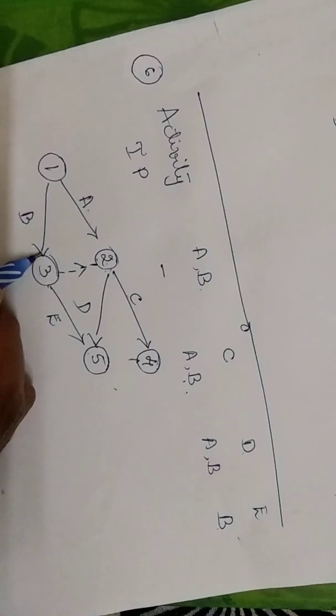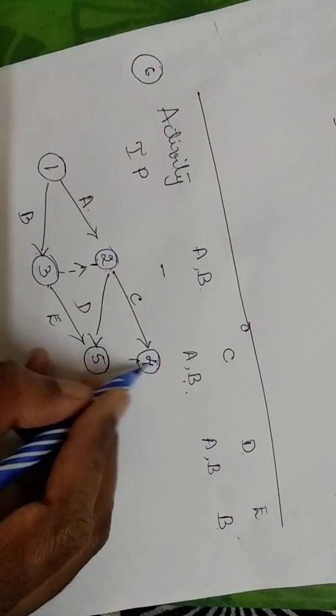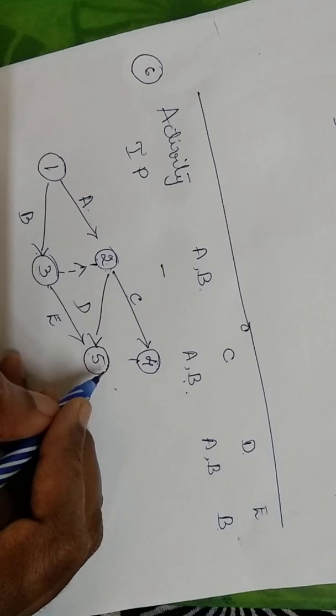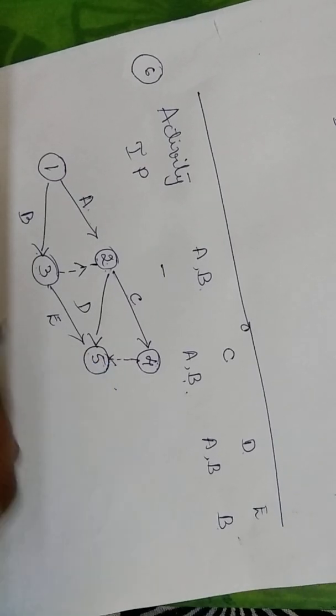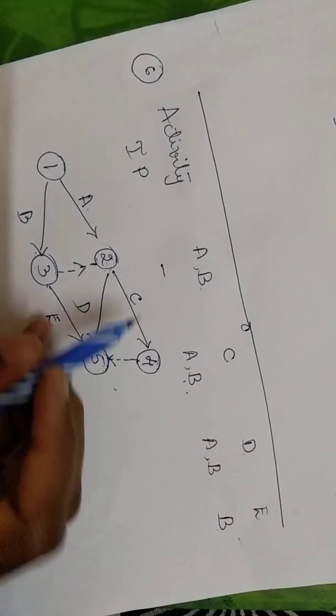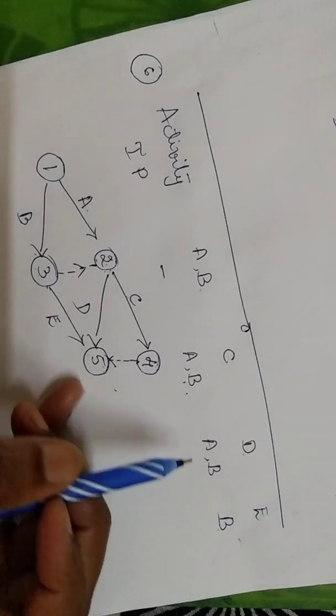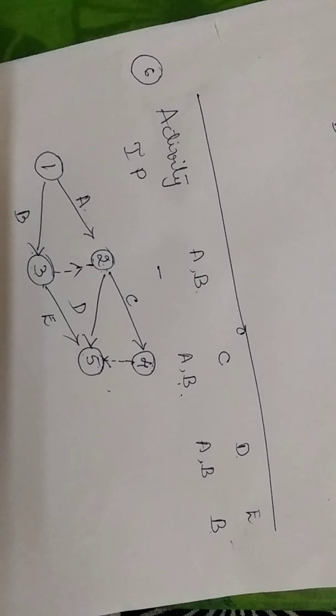If I'm starting from here, it would mean that I have completed B. And as I told you, you can't keep the nodes open like this, so you have to complete the loop in a network diagram. So these are dummy lines. This is how we can draw the network diagram. There are multiple ways to work it out. The only thing is that you should satisfy the conditions. That's it. So this is the solution for this problem.